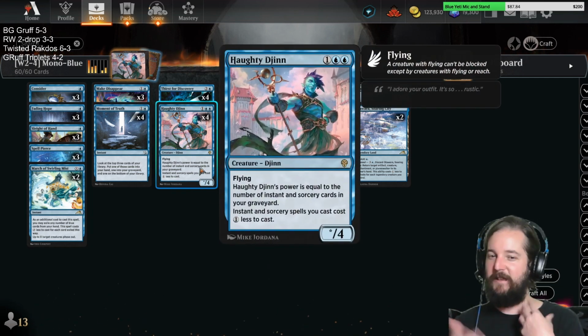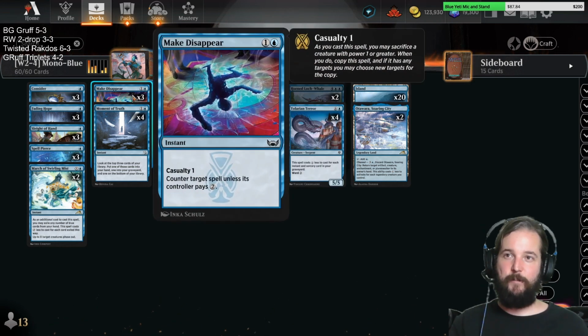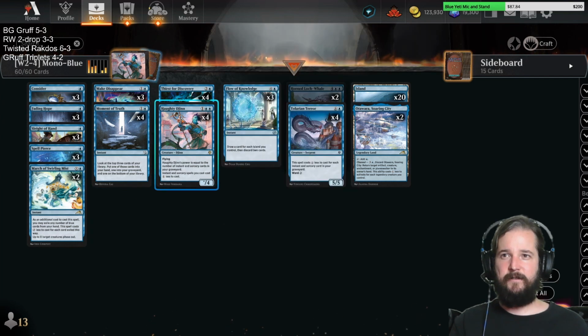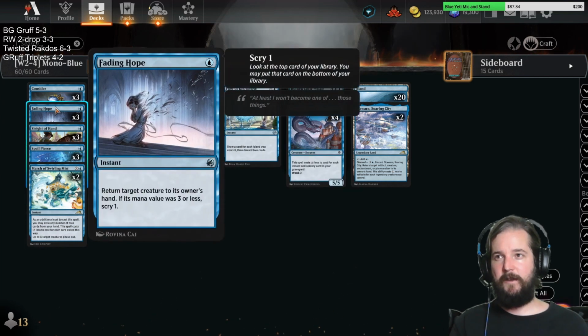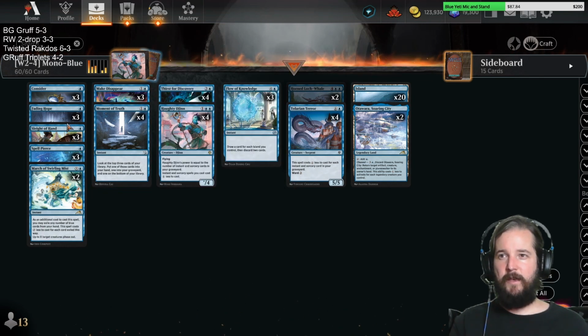Haughty Djinn, play a lot of spells, get them into the graveyard, play a lot of counterspells to deny what your opponent's doing with Make Disappear and I think Essence Scatter. Not Essence Scatter in this list, okay. But they replaced the